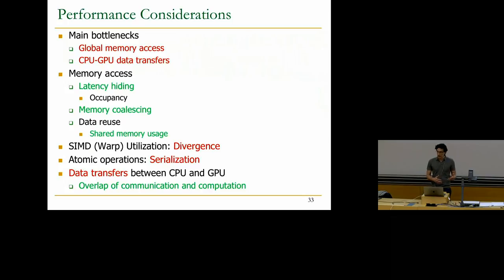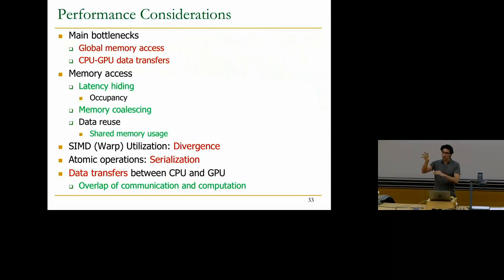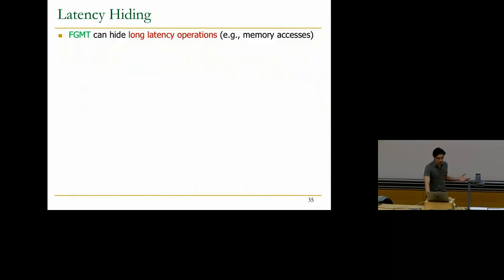We will say that in some particular cases where we perform computation that is independent on different parts of the input, it is possible to transfer some part of the input, start the computation on it, and then transfer the next part of the input, so that we overlap the computation of the first part with the data transfer of the second part. Okay, let's start with the memory access. And as I said,